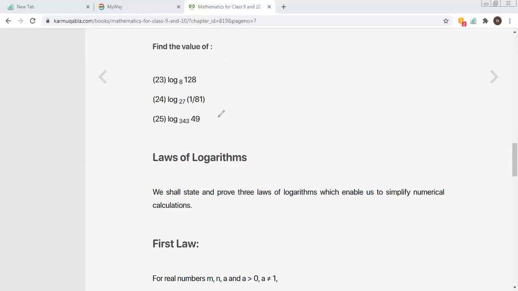Now the last question of the class. Our last question is this, is equal to x. Final answer, okay. What will be its exponent form? 49 is equal to 343 power x. Okay, take the LCM of 343. Take the LCM of 343 with 7, then you will solve it.